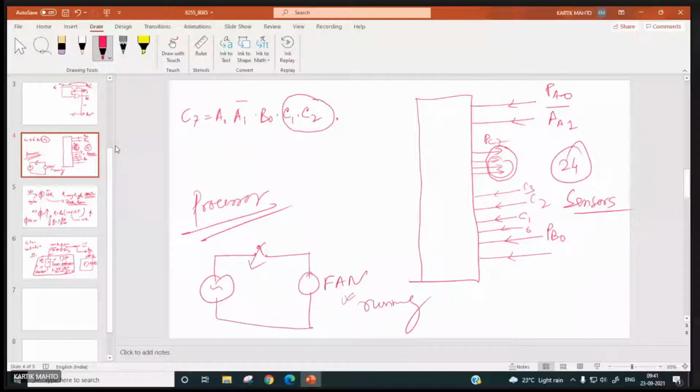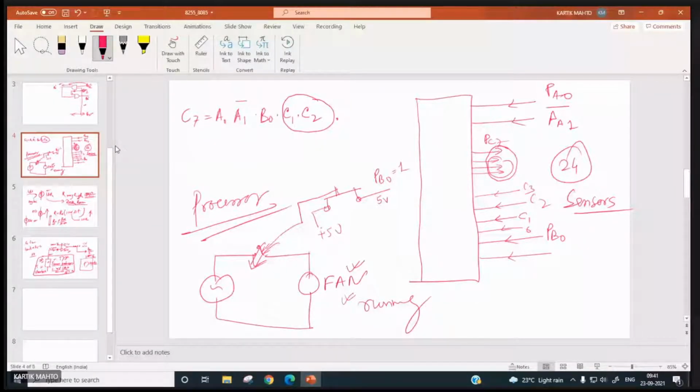How to inform? This switch will be linked to another switch. Mechanically, it will be linked to another switch, right? And here you will have plus 5 volt. So if you are pressing this switch, at the same time this switch is also pressed, and this 5 volt comes over here, and this is connected to say PB0. So when we are pressing this switch to turn on this fan, PB0 becomes 1.